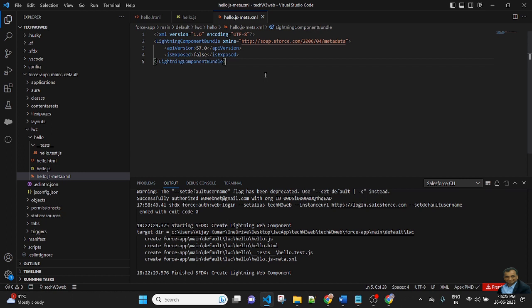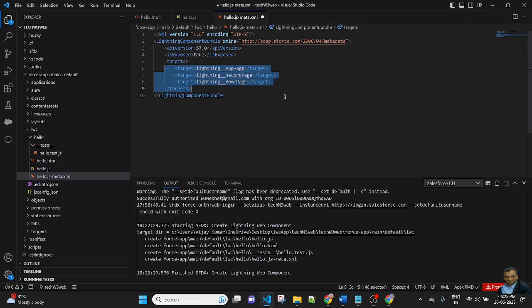So where you want to expose this file, first is isExposed equal to, and you need to change false to true. So I am changing false to true. After that, I am putting the targets.